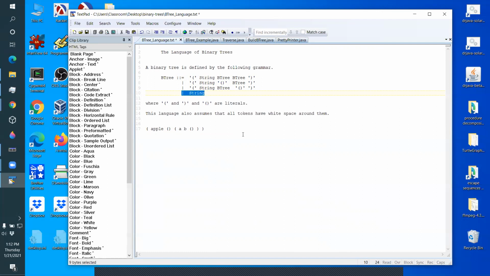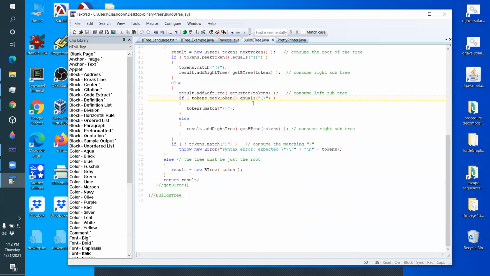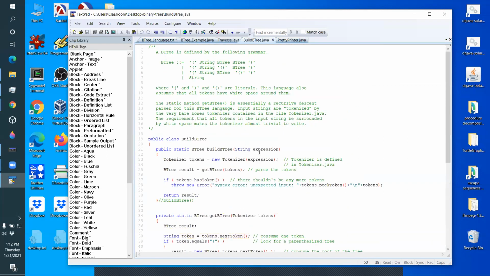And this is what the first chapter of the book is about. We're going to spend a lot of time talking about how to read a grammar and use a grammar to build strings in our language. Okay, now once I've got this idea that I can represent trees, I want to write a program that takes a string from that language and actually builds the tree for me,